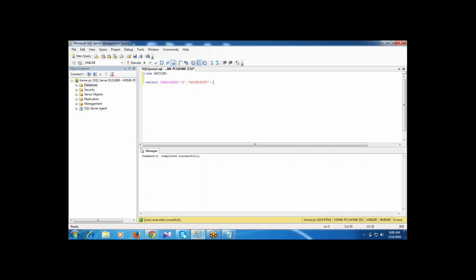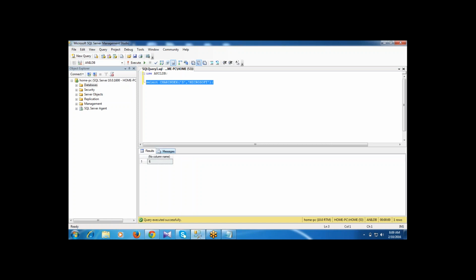I want to get the character position in the given string, so I write the CHARINDEX function to find it.